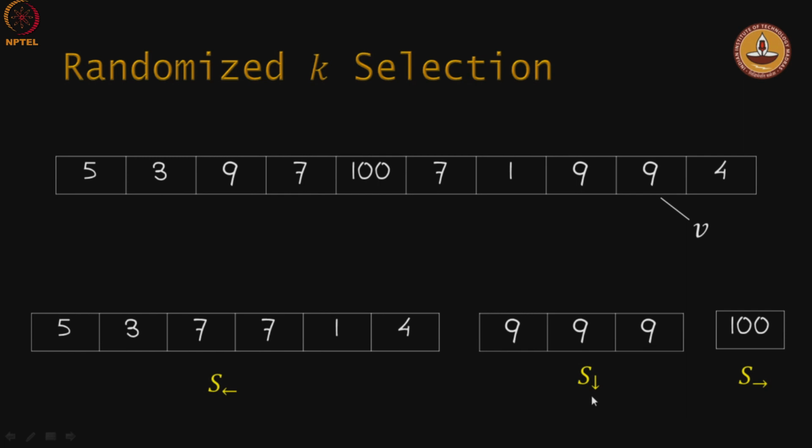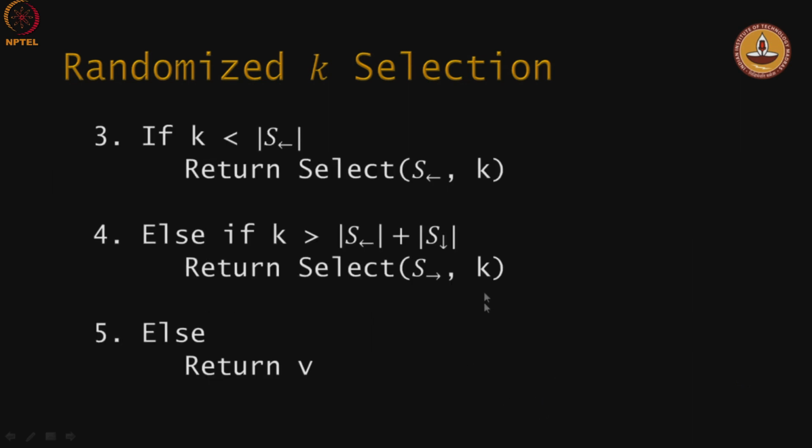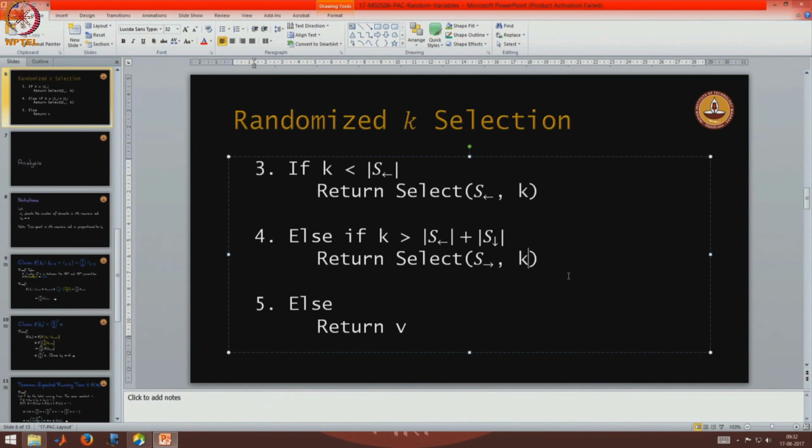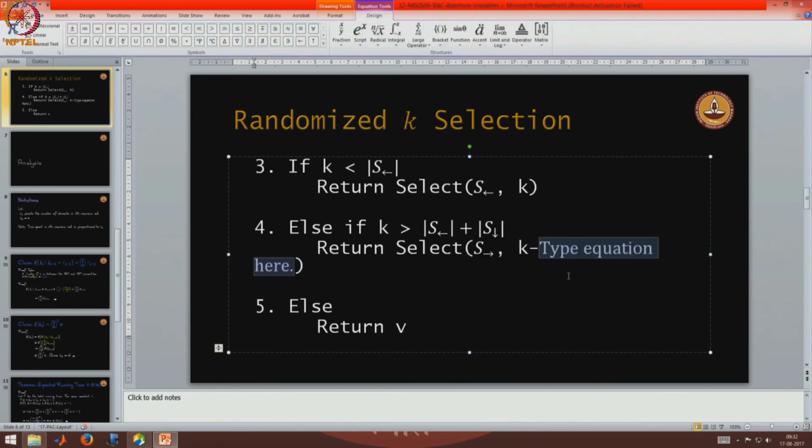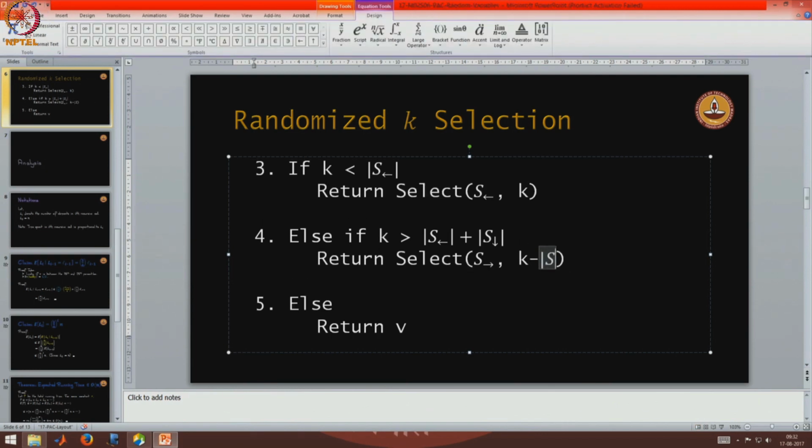If it is greater than these two cardinalities, then the kth smallest element is not going to fall in the first two subarrays, it is going to be in the third subarray. Okay. So that is why we will recurse into the third subarray, but we need to be a bit careful here. So what will the parameter be over here? K minus, yes. So you will have to do k minus the cardinality of S sub